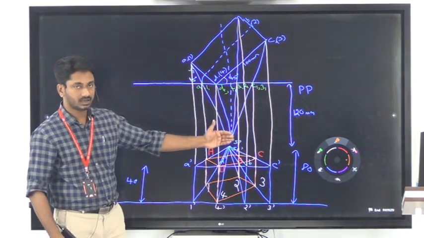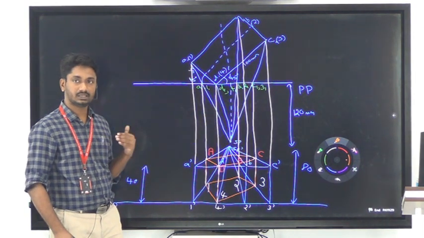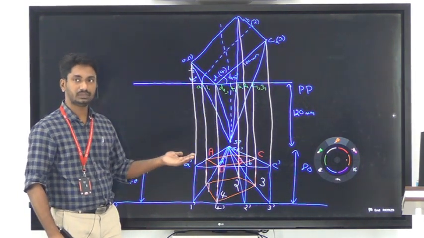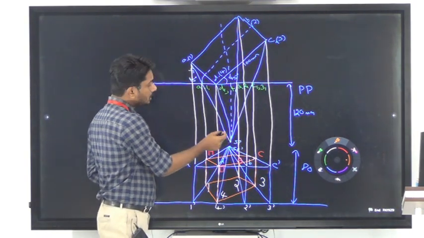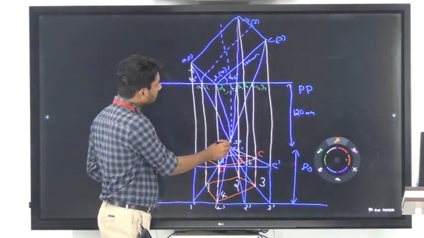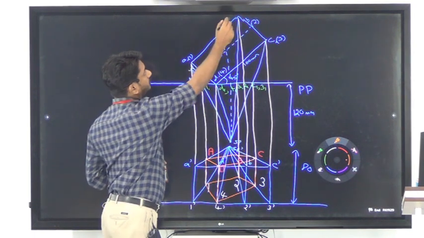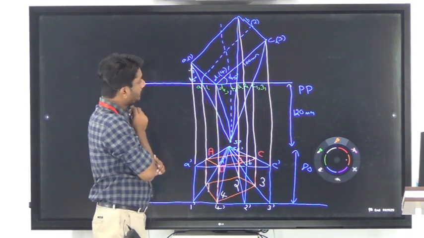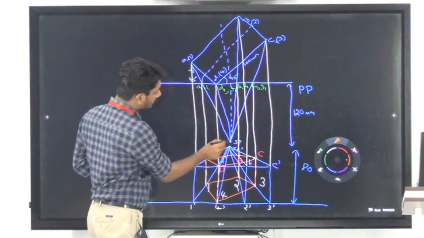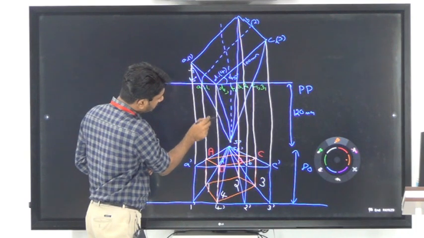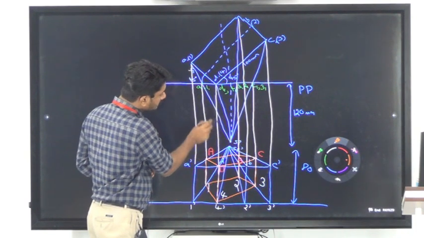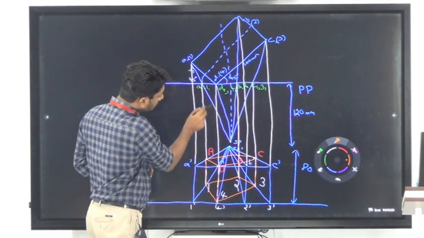Now you have to identify the visible and invisible lines. To identify the visible and invisible lines, you have to consider the line joining the top view of the station point with the top view of the different corners of the object. So if you are considering the line joining SP and point A, so this line. If you are considering this line, it is not touching